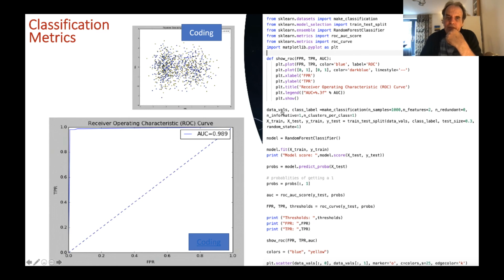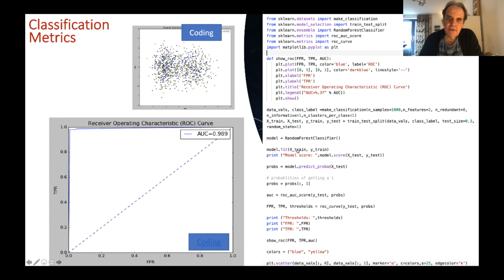So XTrain and YTrain here will be used to train our model, that's 70%, and XTest and YTest will then be used to test the success of the model. So we'll use a random forest classifier here to be able to see if we can classify our data.